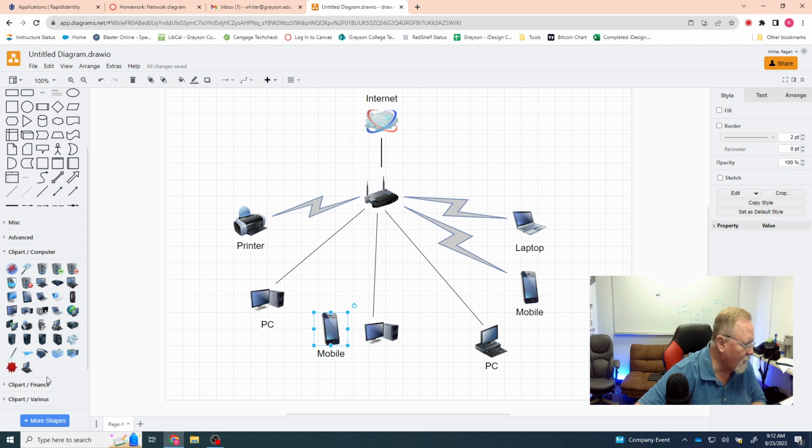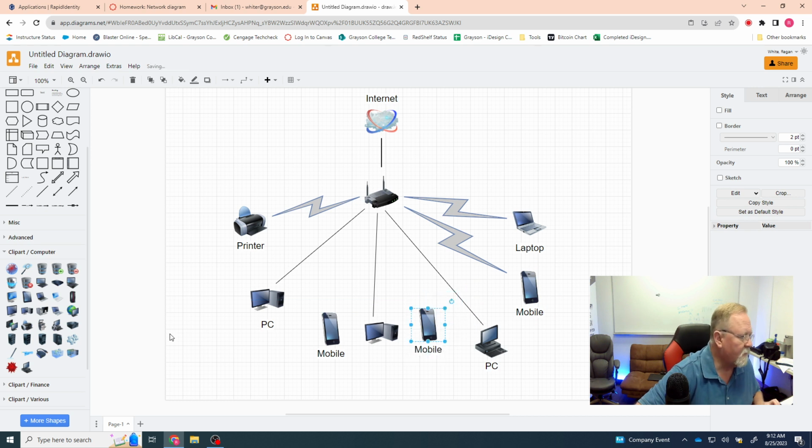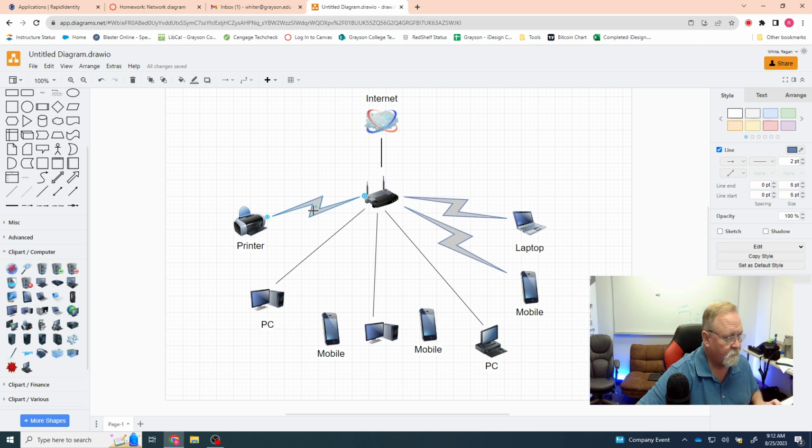It is in fact a wireless connection. Also my son's mobile phone is a wireless connection. So let me find some more wireless connections. I'll just copy one. All right, there's one. And there's another one. Okay, so that pretty well covers my network, not counting the Internet of Things and